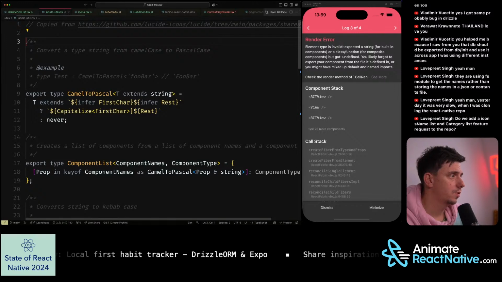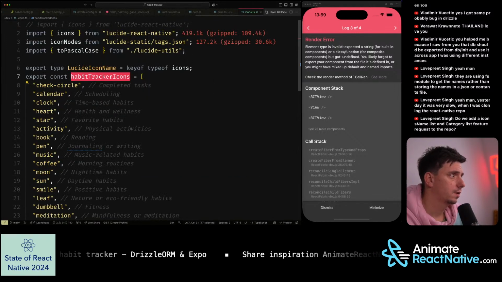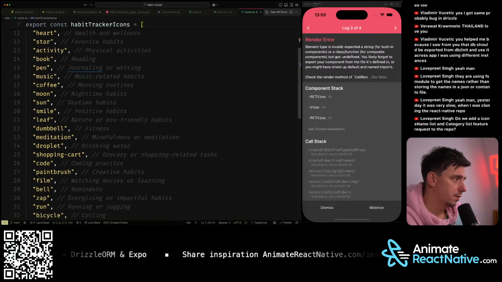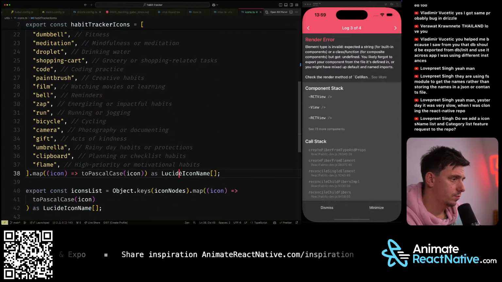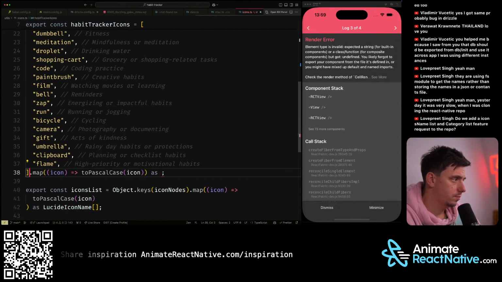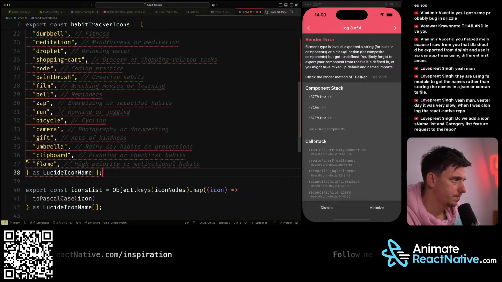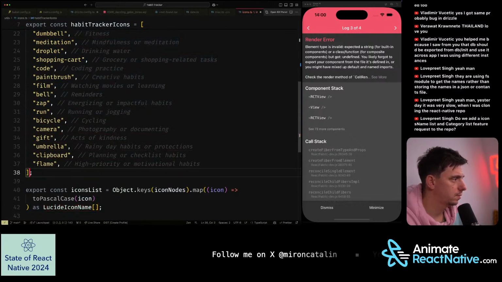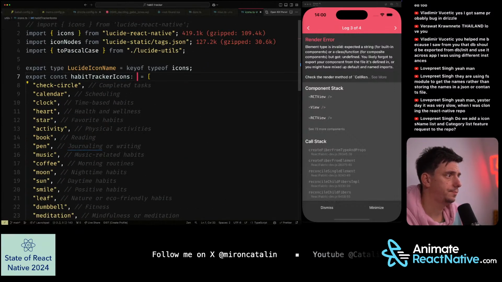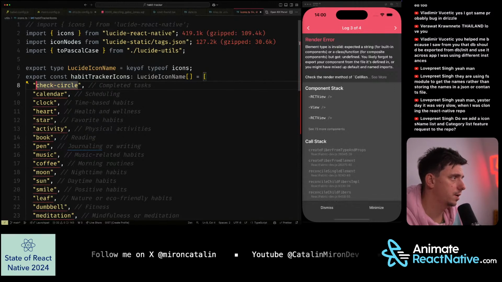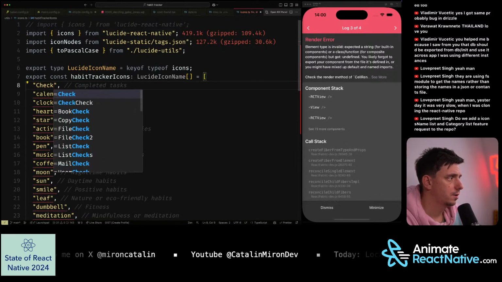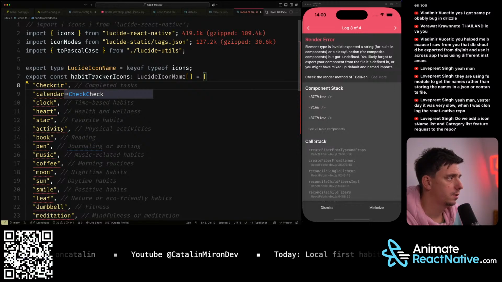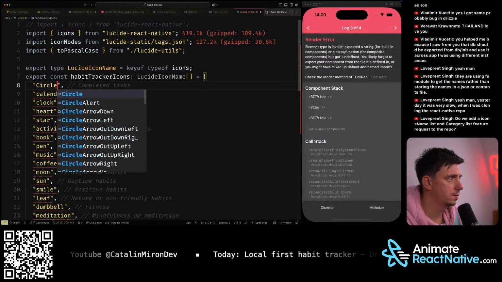I'll just create, I'll just do like this. And I'll say check circle, circle check,